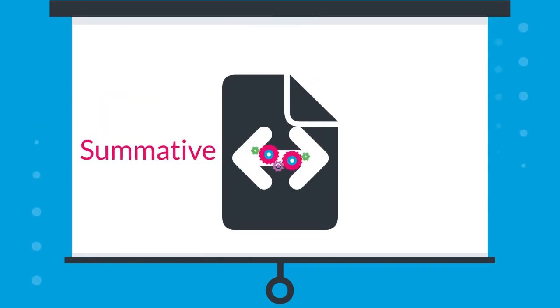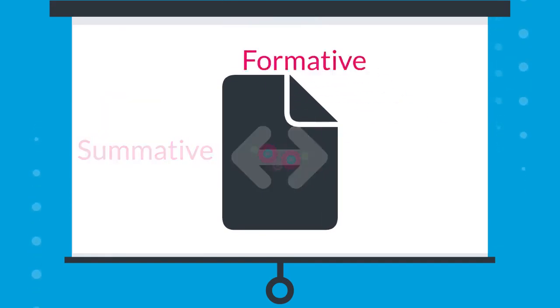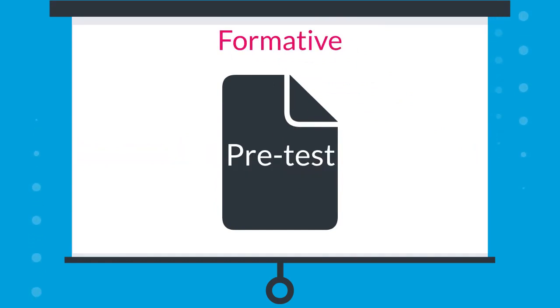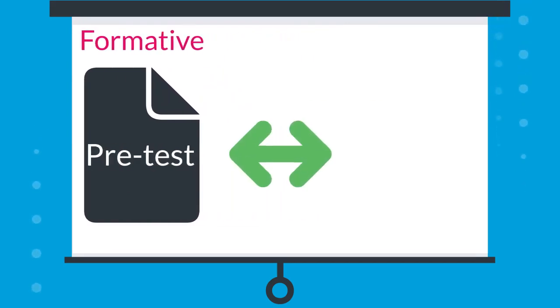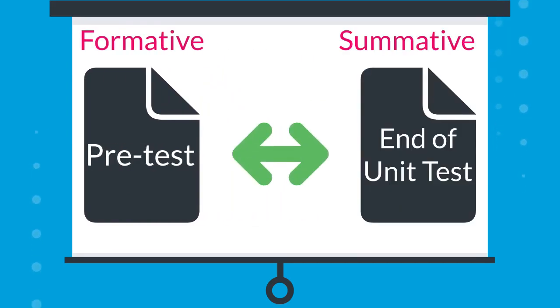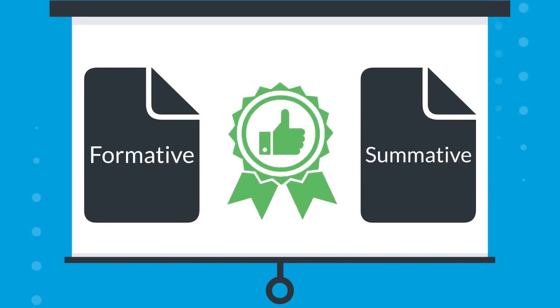Sometimes the same test could be summative or formative, depending on how it is used. For example, an educator might give a pre-test at the beginning of a unit as a formative assessment, and then administer a similar version of that test as a summative assessment at the end of the unit. Instruction is most effective when including both formative and summative assessments,